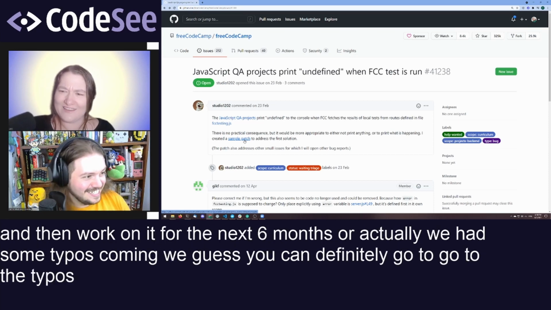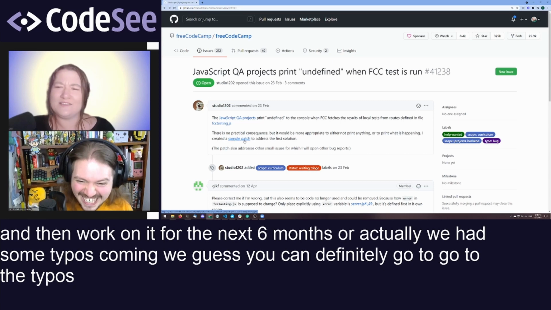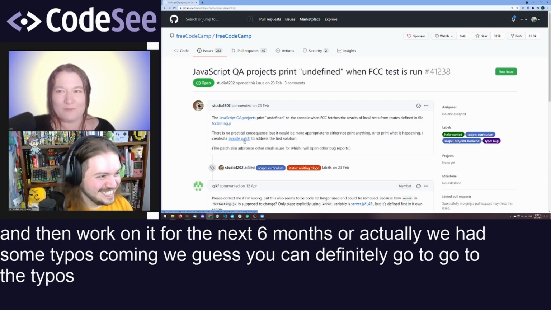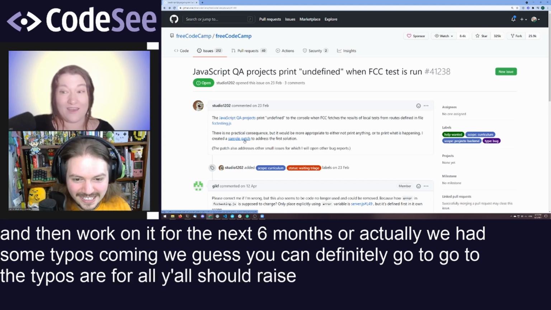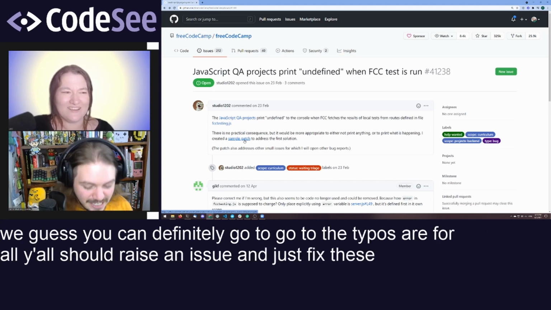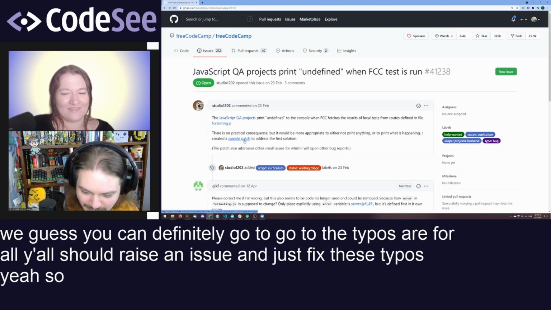I think I fabulous. See that in the chat. Yeah, it's probably admin only, so other people can't see it. But there's just a clamor for, oh, y'all should raise an issue and just fix these typos. Yeah. So about those